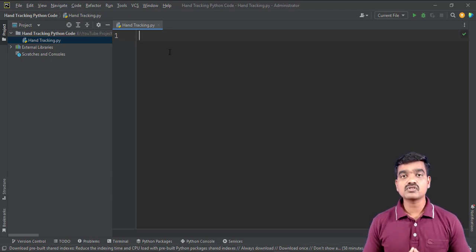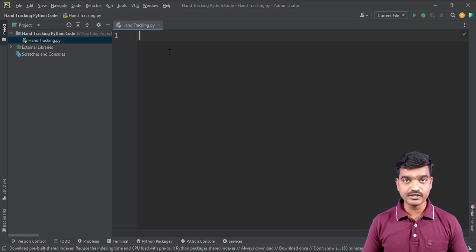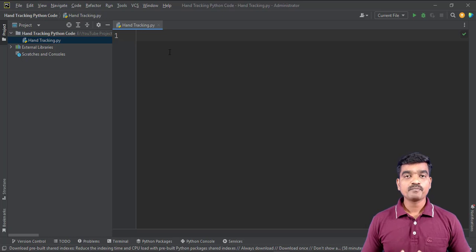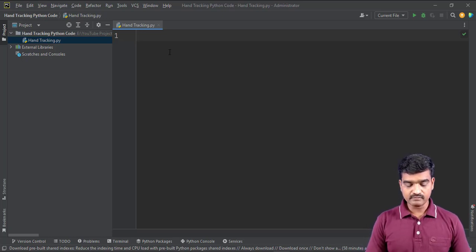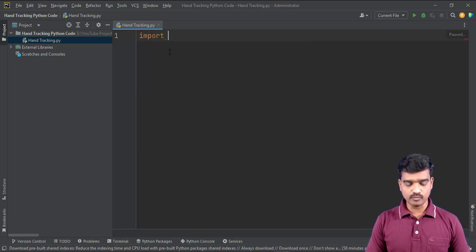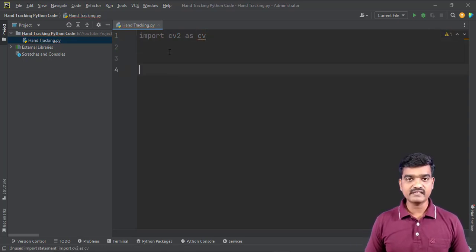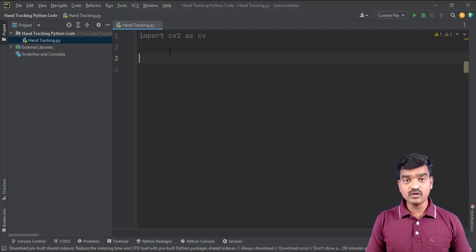Here, first we are interested in having a continuous stream of video frames, so that it will look like a video, and for that we'll use OpenCV. So here we have import cv2. I'll make this as cv, because typing out cv2 all the time is difficult. And first of all, we need to create a camera object